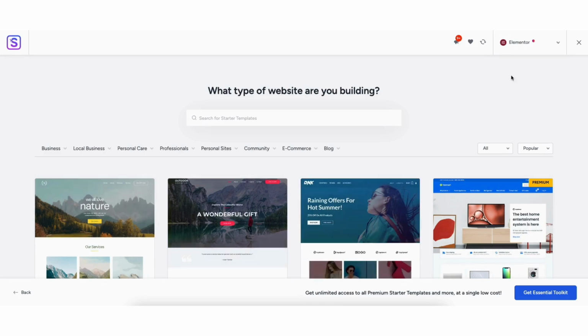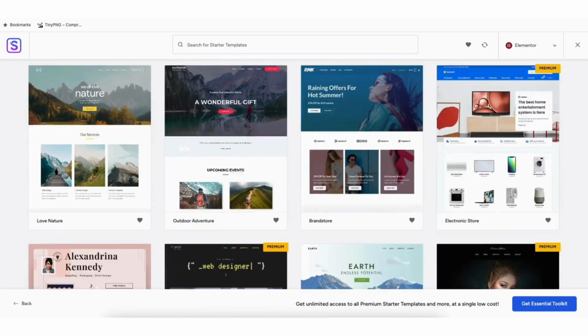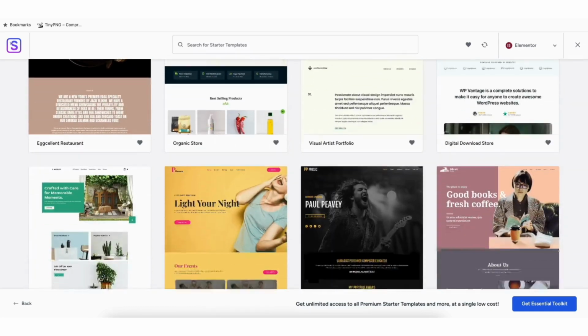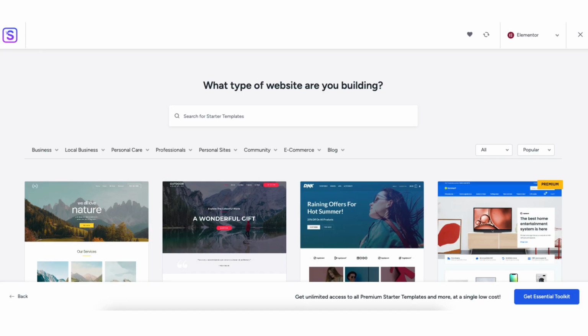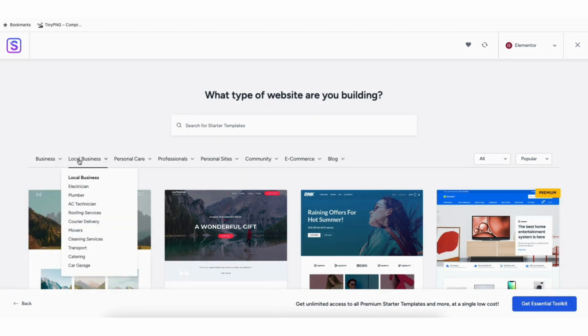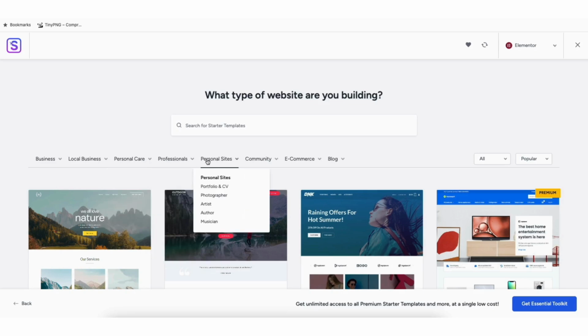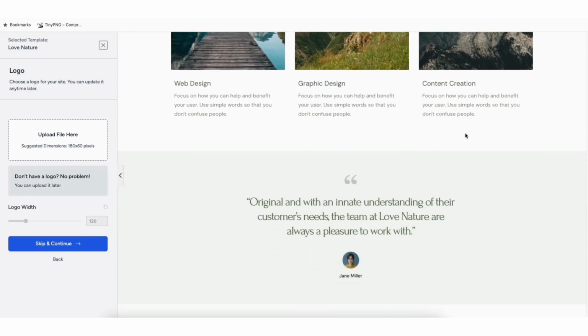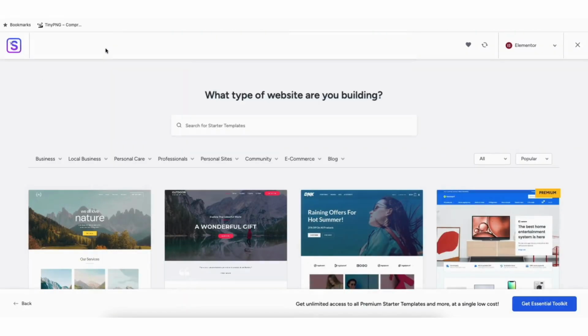drop-down and select Elementor. It'll now showcase a bunch of WordPress themes you can build your site with using drag and drop. You can type in the type of website you want to create to pull up templates based on that. You'll see a bunch of categories you can hover over and select to build your site. If you click a theme, it'll show you what it will look like so you can preview it. Click the X button to go back to the themes page.